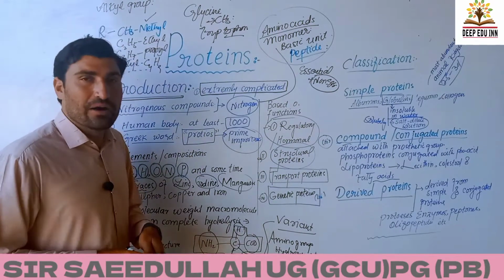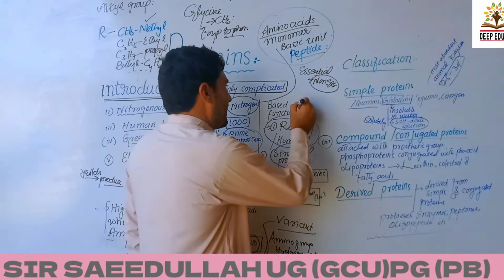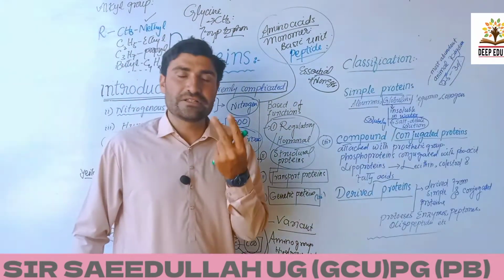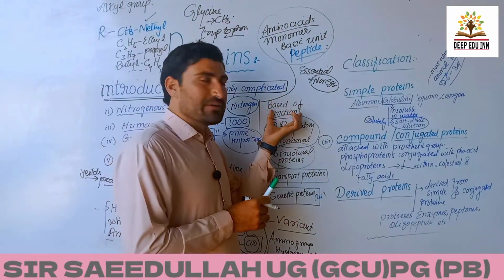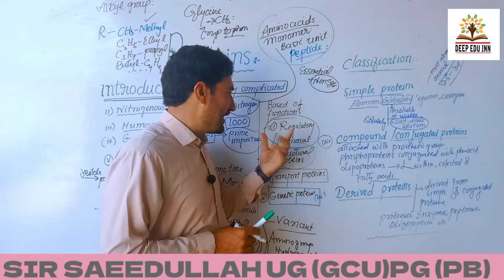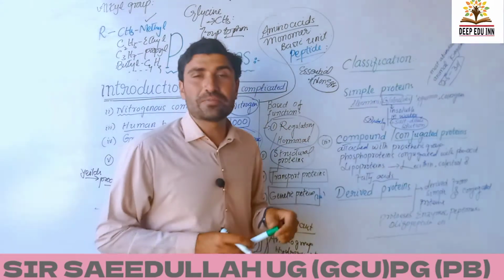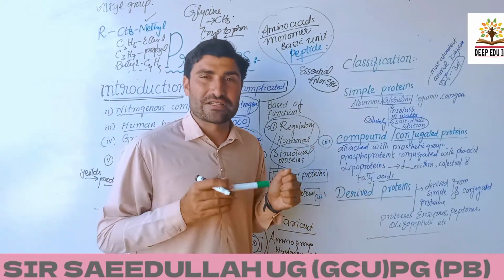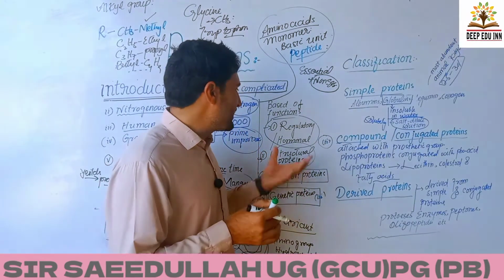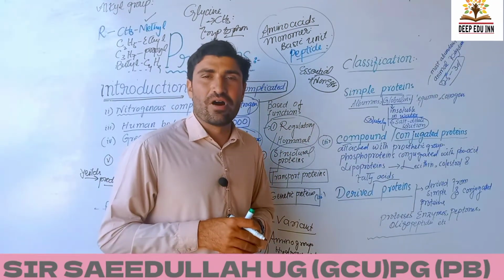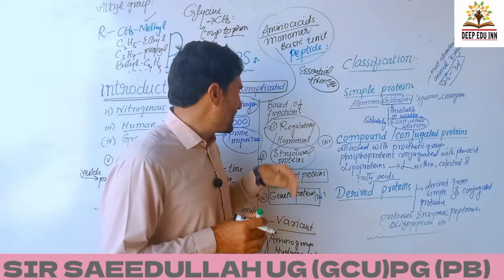Now come to the point of how proteins are classified. Proteins are classified on majorly two fundamental properties. Number first, based upon the function of protein, they are classified into regulatory or hormonal proteins. By regulatory or hormonal protein, we mean that this type of protein is responsible for the regulation of our vital functions inside our bodies. Students, various hormones which are present in the form of various dipeptides, peptides or derivatives of proteins are basically regulatory